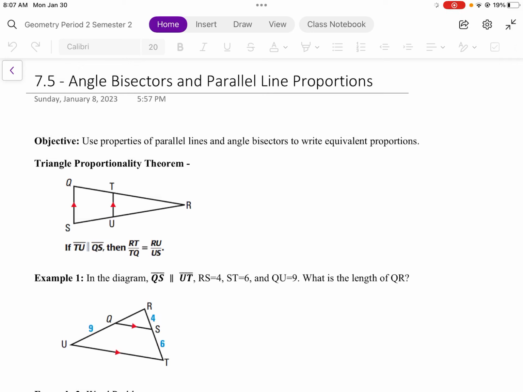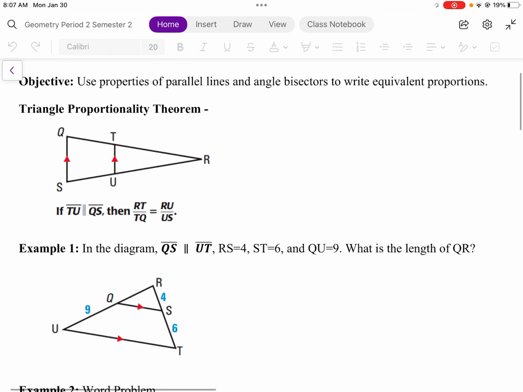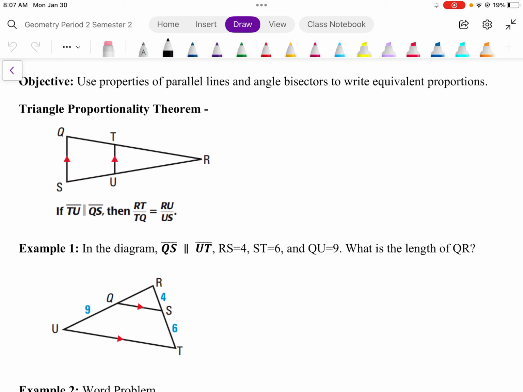Hello, 7.5 is on angle bisectors and parallel line proportions. We are going to use the properties of parallel lines and angle bisectors to write equivalent proportions. So the first one is when we have the proportions on the side of a triangle. So for this one,